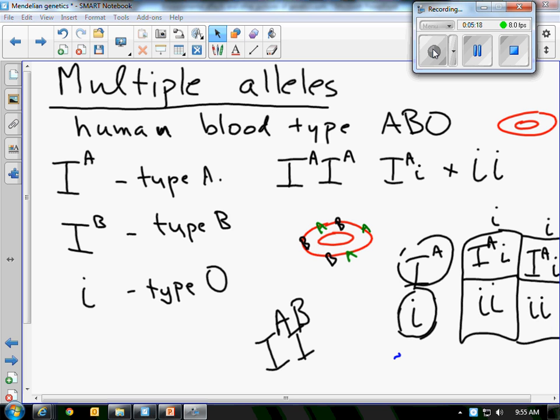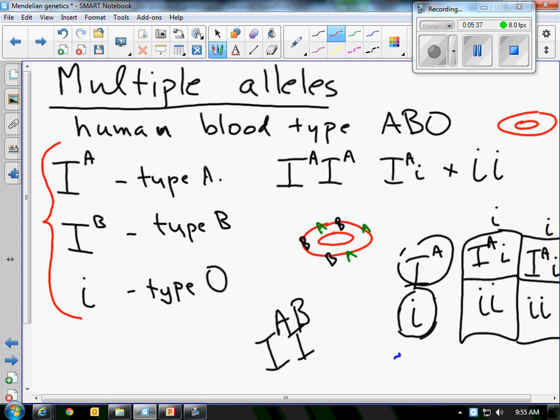The second part of this lesson is multiple alleles. This is not that tricky. The only thing different about this is that the key looks bigger. In human blood type, here's the key on the left here. There's 3 different alleles. You can have